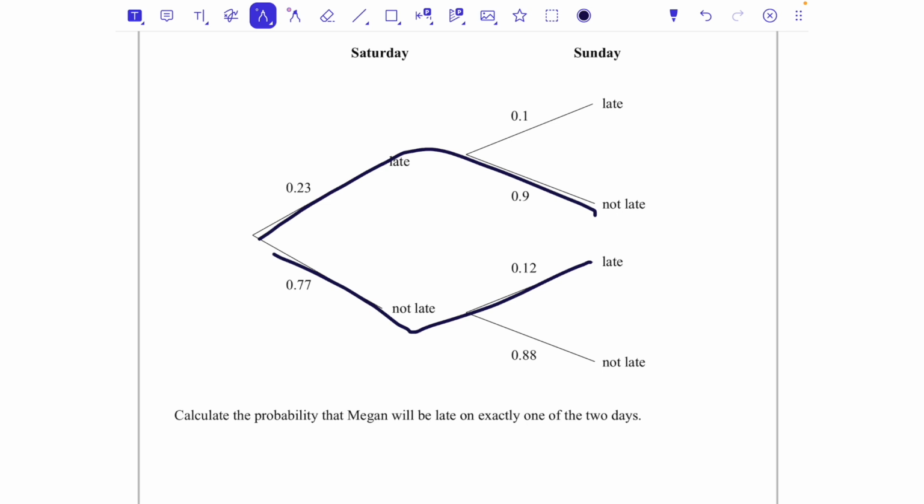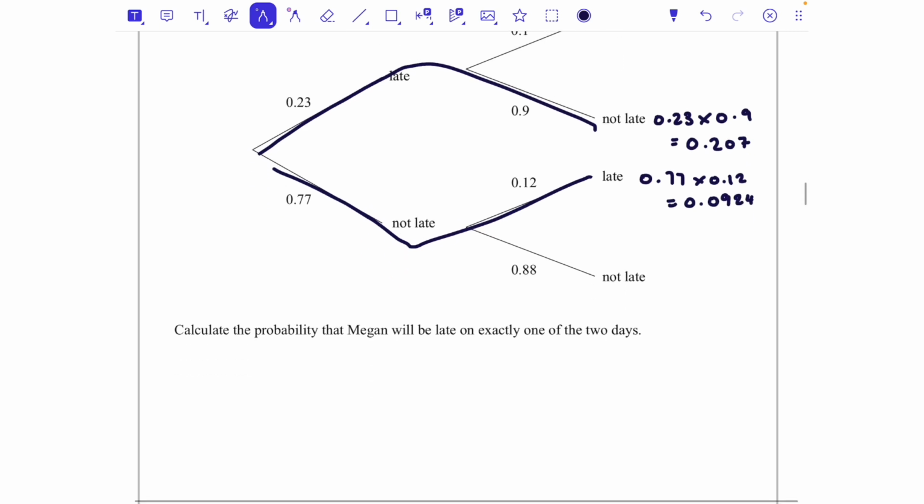With a probability tree, we are multiplying along the branches and then adding them up at the end. So for this branch, it would be 0.23 times 0.9. Let's type that in your calculator. 0.23 times 0.9 is going to be 0.207. And for this branch, 0.77 times 0.12 is going to be, let's write that, working, times 0.12 is